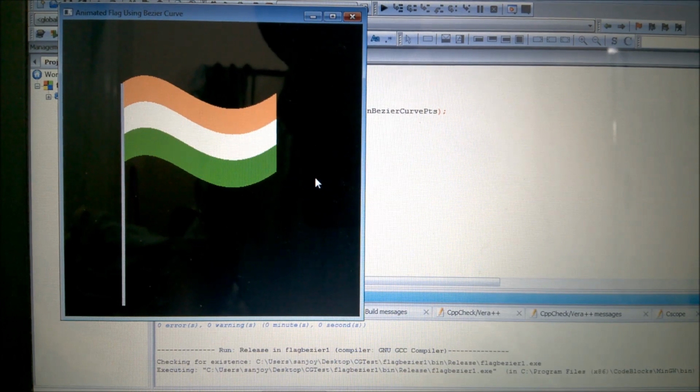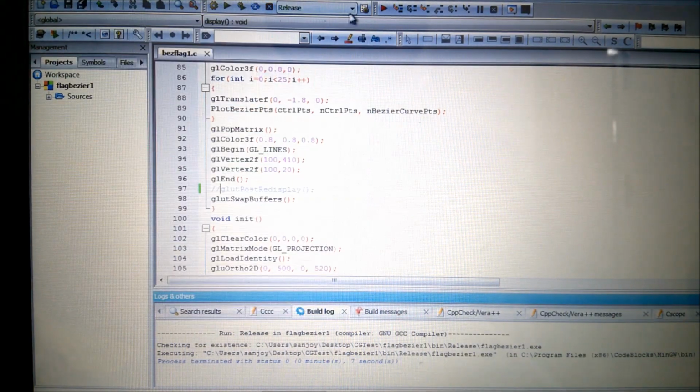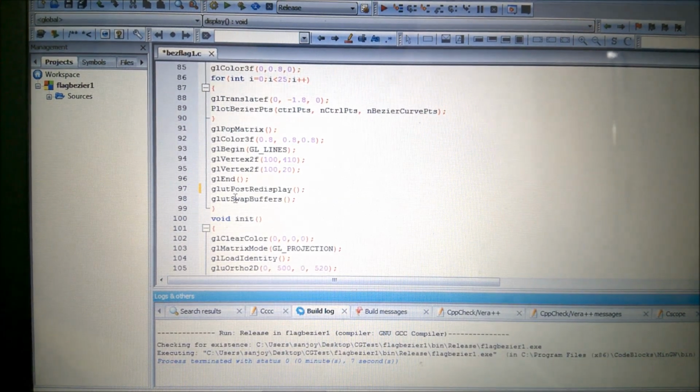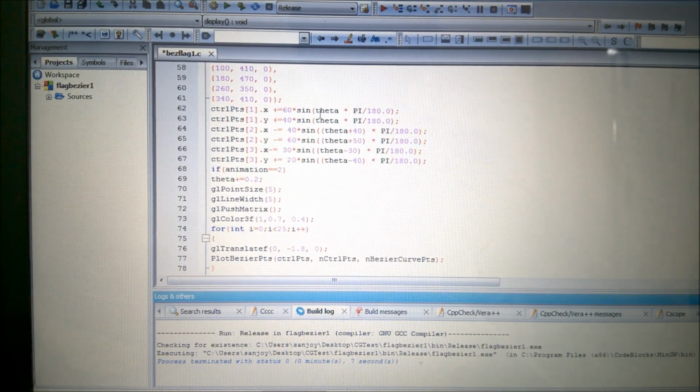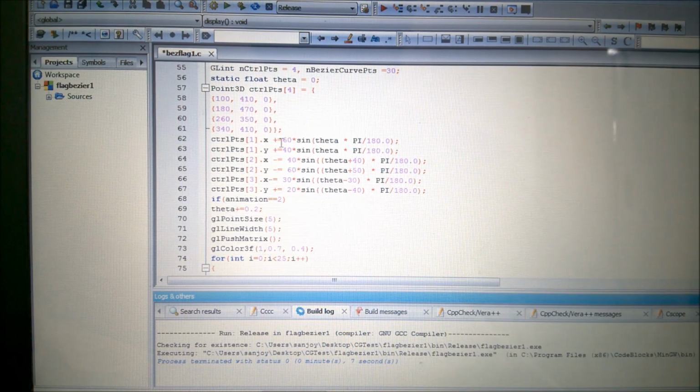With animation is not happening. Therefore you can see that this is the function which is mainly responsible for animation, because this function will be calling the display function again. If the display function will be called again and again, what happens, that I am going to discuss. Now when the display function will be called again and again, you can see the x coordinate and